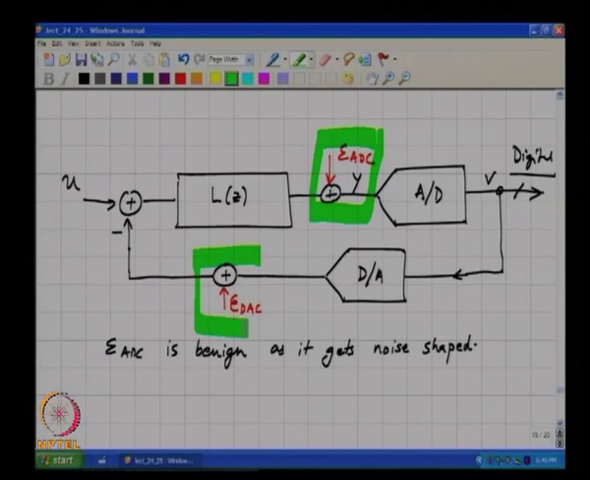By the same token, can you now comment on what would happen to EDAC? What is the transfer function from EDAC to the output? It is the same as the signal transfer function, because it is adding directly to the input, right. So, EDAC causes